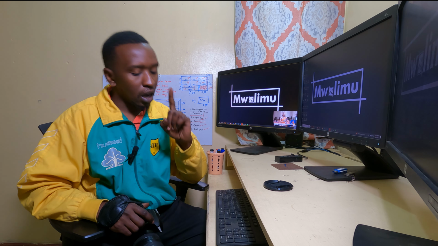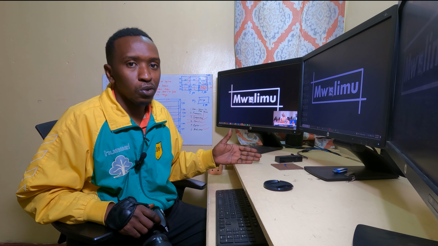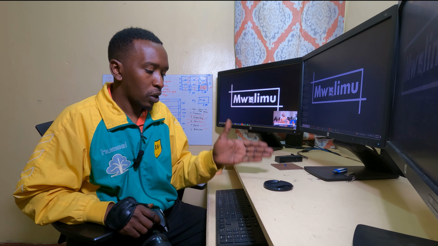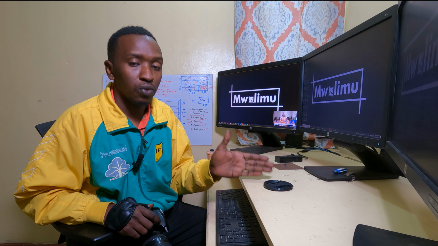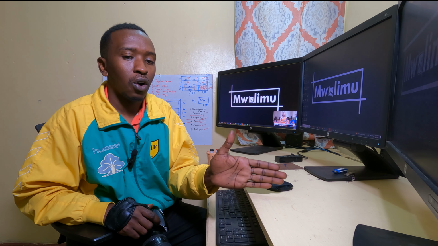So after that, we have the fifth point, and the fifth point is even more important, and that is understanding the ISO range of your camera. And understanding the ISO range of your camera is not just understanding the minimum ISO and the maximum ISO, because actually the minimum ISO is where we always want to be. But understanding the ISO range of your camera is understanding the maximum limit of ISO